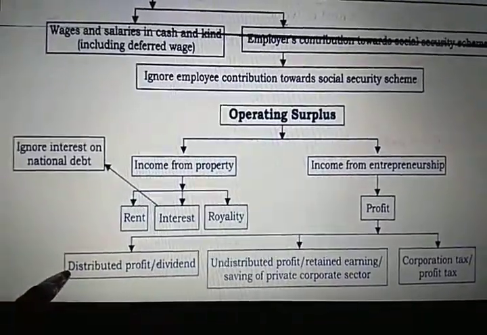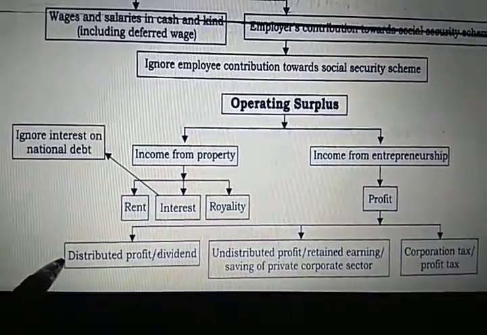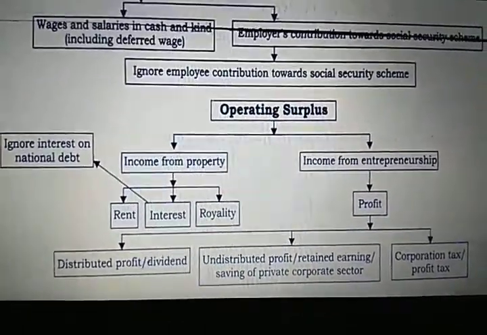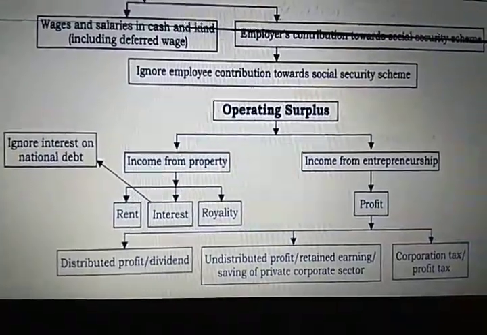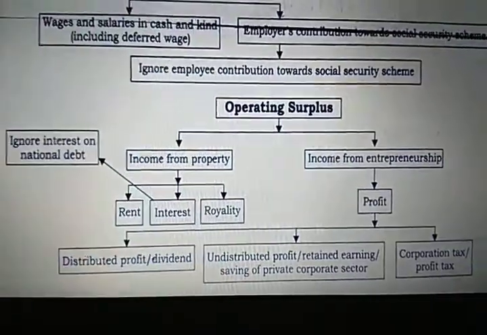Why? Dividend is a part of profit because dividend is given to the shareholders, and when dividend is declared to the shareholders, dividend is itself a part of profit. So that is a part of profit which is given to the shareholder, which is known as dividend. So that is why it is a part of profit.